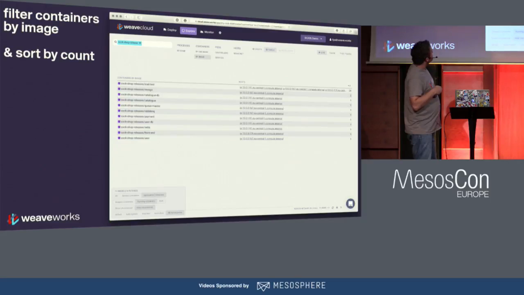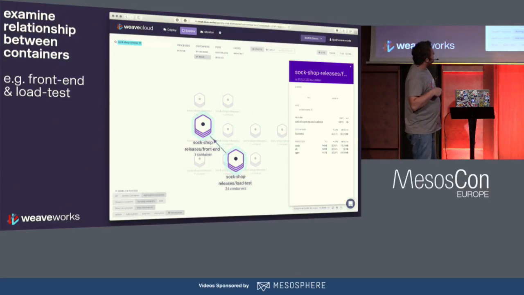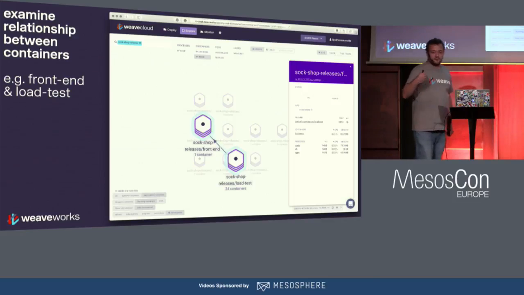We can dig into them and find out, in graph view, who's talking to who, and we can see more information about particular processes inside of it. There is a process view as well, so you can look at lower level stuff. But essentially, you get more metadata that we can present more meaningfully to you. And this is done with zero configuration, right?